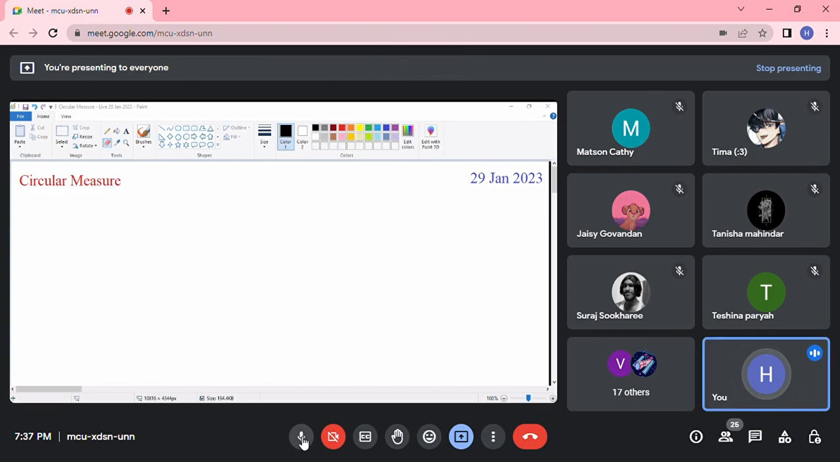Je suis Mademoiselle Ima. Donc aujourd'hui, ce topic, l'Hydro Circular Measure. Donc, je vous explique vite comment il va se passer aujourd'hui. C'est-à-dire,